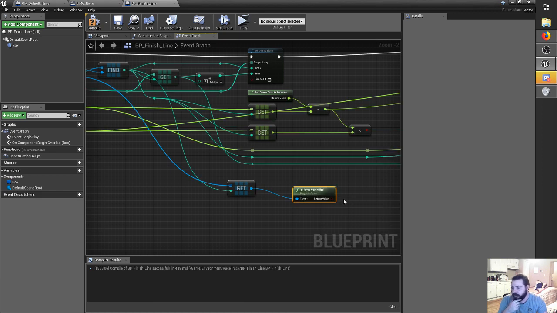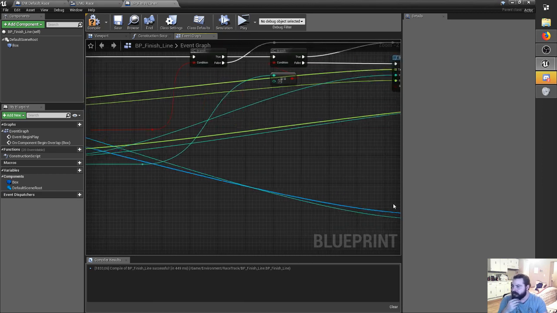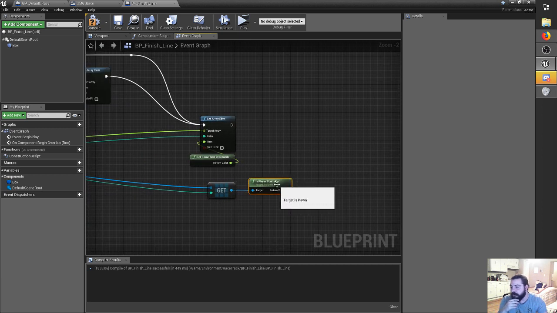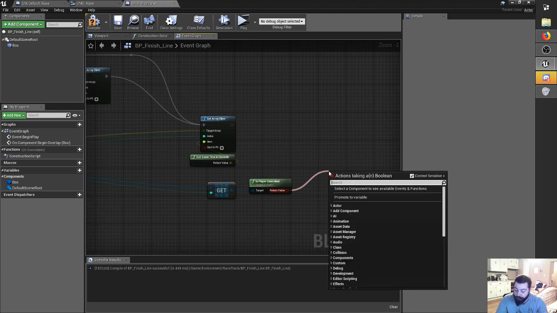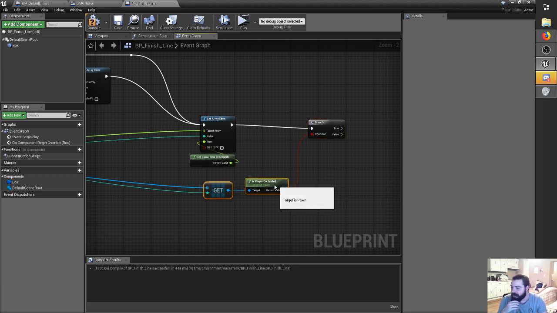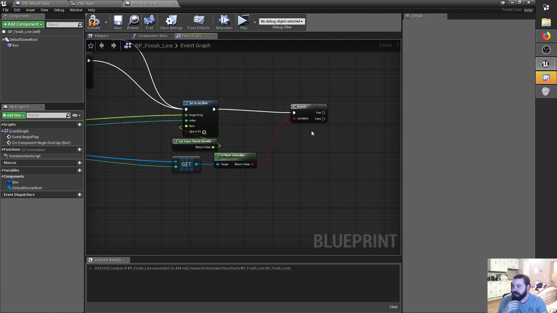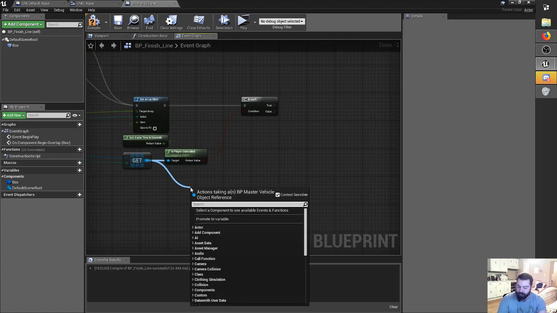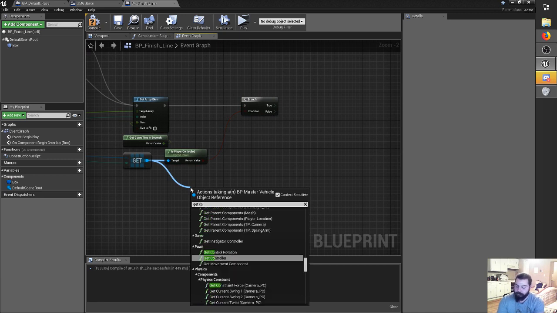Is player controlled. So it's not going to do anything if it's not player controlled, sorry. If it's an NPC, it's not going to try to find the HUD to display that value onto, which kind of makes sense. If it is player controlled, then get its controller,